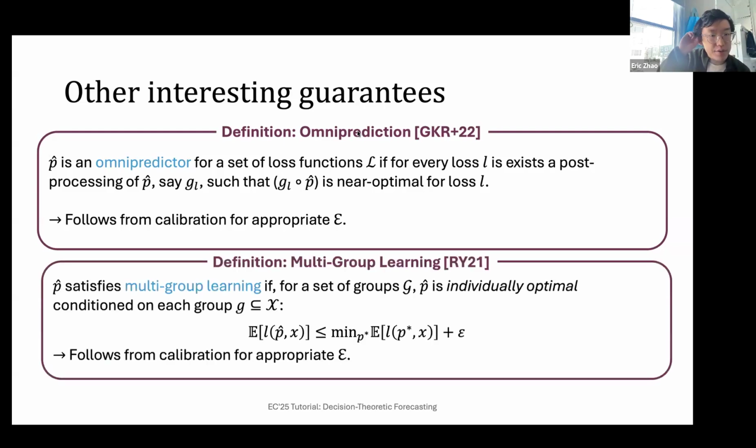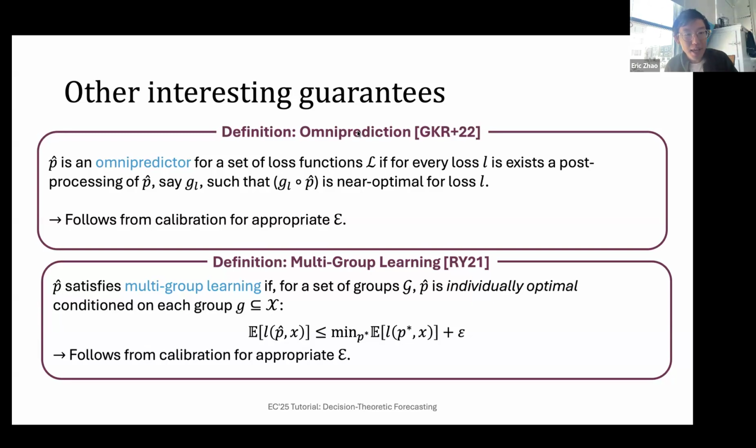And in a similar vein, there's a notion of multi-group learning. Normally in PAC learning, what we ask is that you perform at least as well as the best predictor for the data distribution. But we can ask for a slightly more challenging performance objective, which is that I'm not only going to ask to be optimal on my entire data distribution; even if I zoom in on different subsets of my domain, I'm going to call those groups, my prediction is still going to be individually optimal. Sorry, those expectations should be conditioned on X belonging in G.